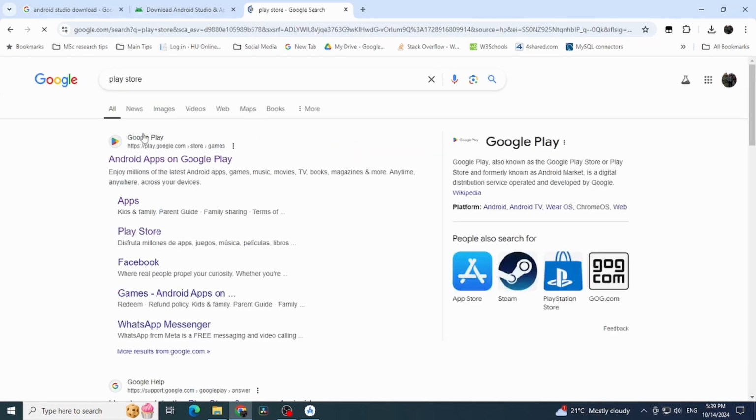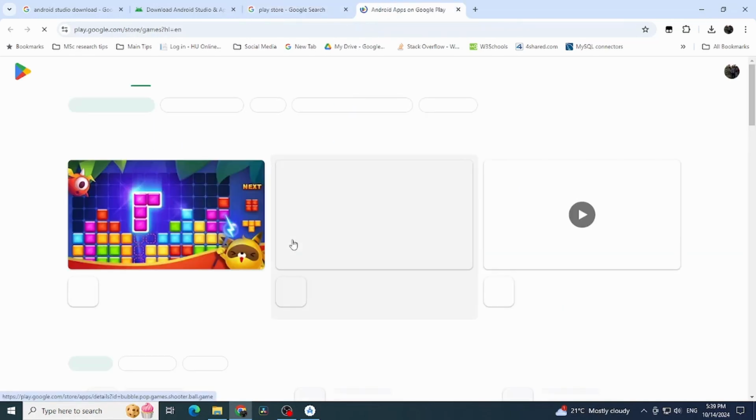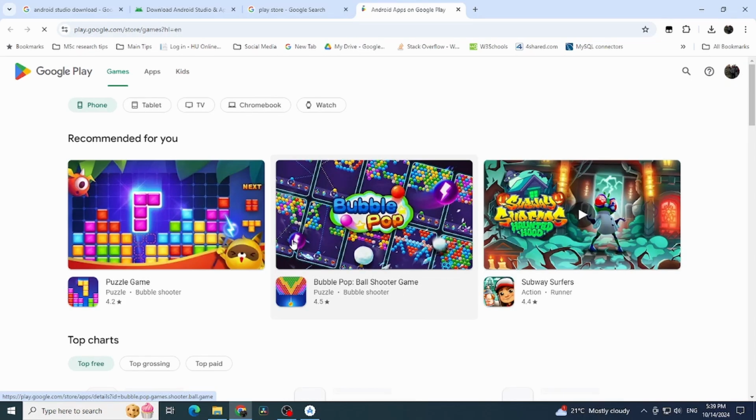Okay, here is the Play Store, Google's Play Store, where we can deploy or distribute our applications so that they can be downloaded by Android device users. So after deploying or distributing our application to this Play Store, which is Google's Play Store, but for the